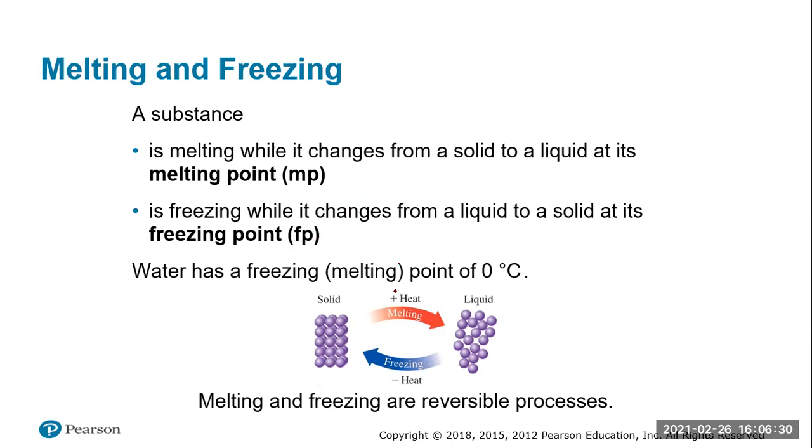And we see the same thing here, going from solid to liquid. That is endothermic, which is why it says plus heat in that case. Going from liquid back to solid, that is negative heat, which is exothermic. So again, heat and energy has to be released in that process. When a substance starts to melt from solid to liquid, that is what is referred to as the melting point. And when it goes from liquid to solid, that is what is referred to as the freezing point.